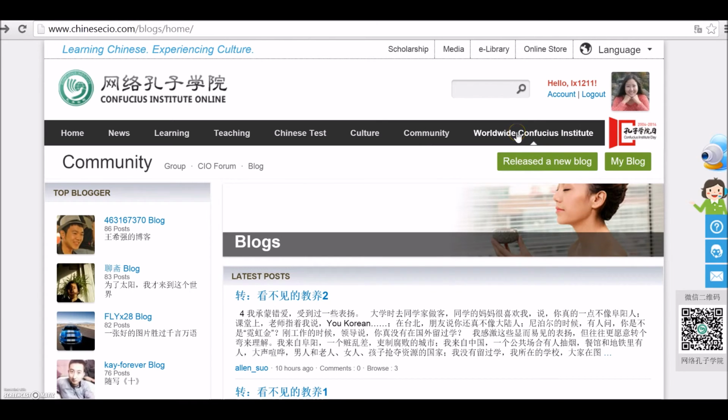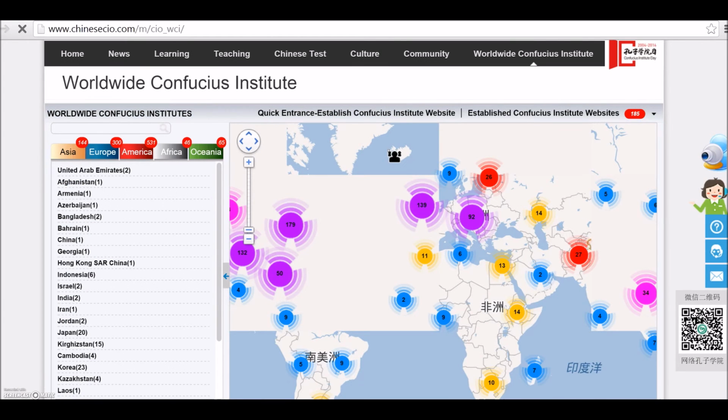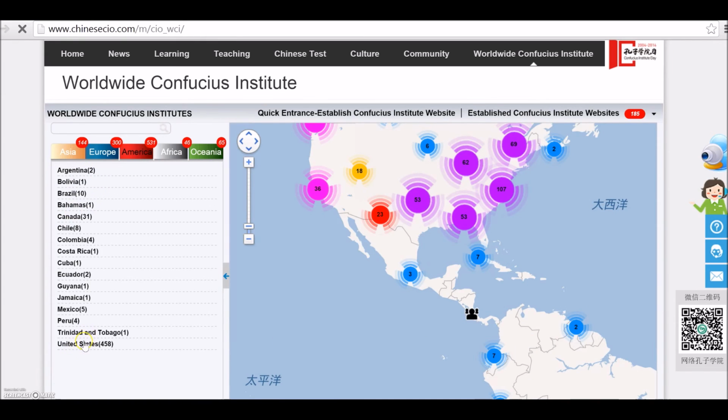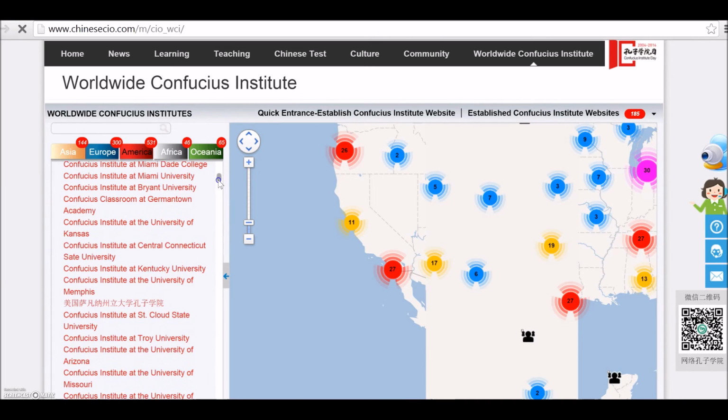Here, Worldwide Confucius Institute. There are hundreds of Confucius Institutes all over the world. Here, if you go to America, in the United States, you can see the Confucius Institutes in the US. If you go down